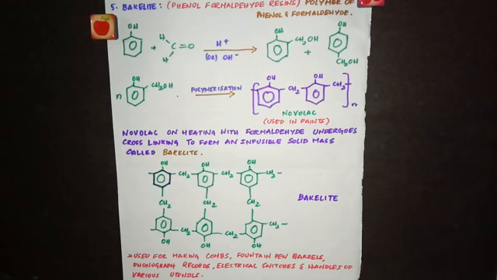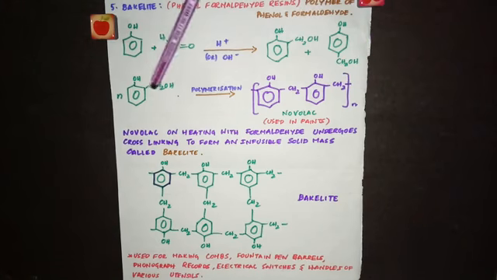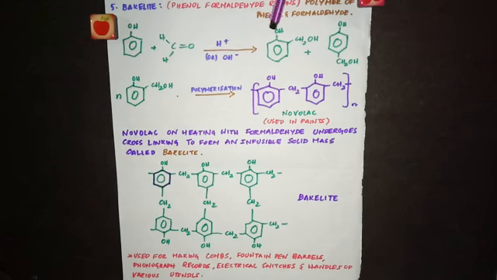One is linear, the other one is cross-linked. Now see, this is phenol and formaldehyde, and in the first step you are getting these two products, with OH and CH2OH here in the ortho position and here in the para position. And now this will undergo polymerization, n times at the ortho position.